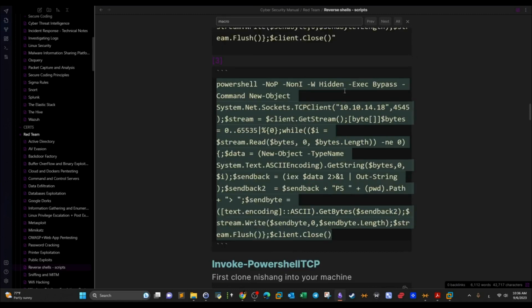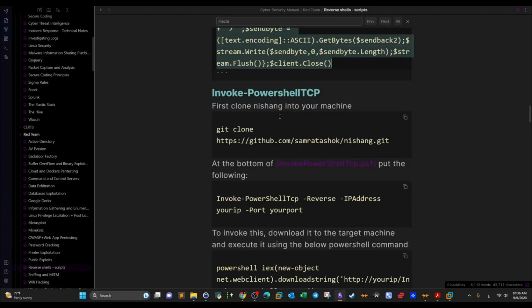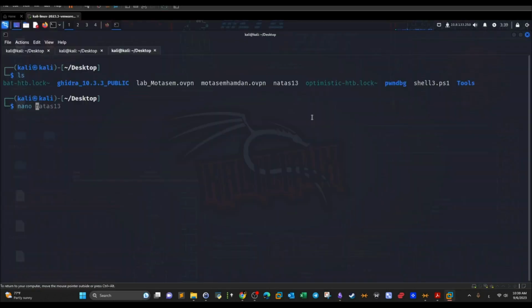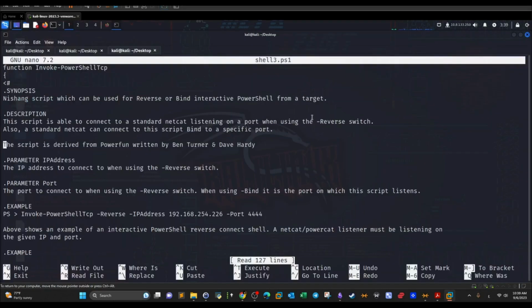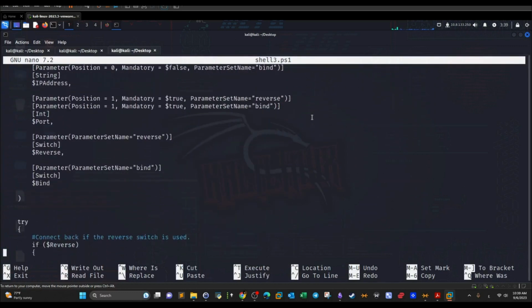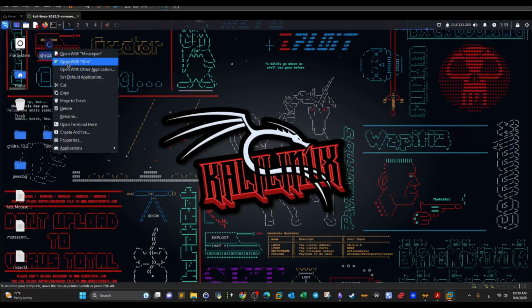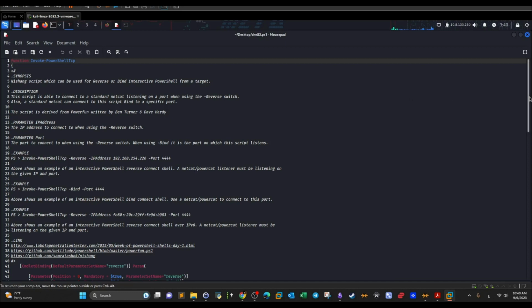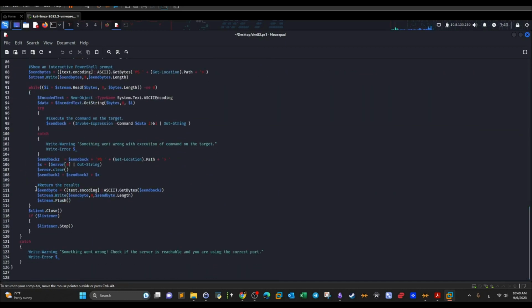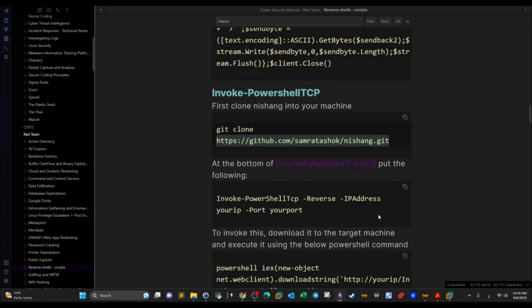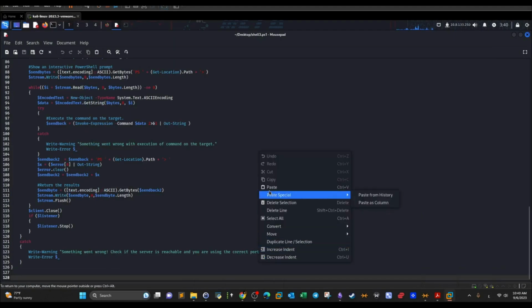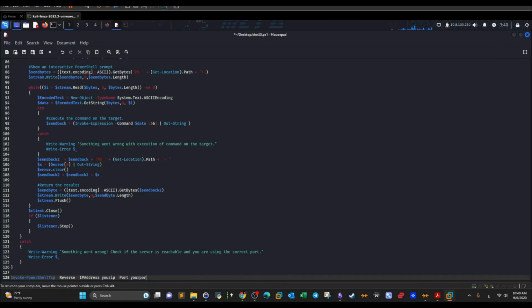Alright, another method to create PowerShell payloads is through Nishang. Nano shell 3. Let's see what kind of things we have to edit. So we're gonna have to edit, guess what, the IP and the port. So let's take a look with a text editor, and here at the end we're gonna have to add a line. This line, as you can see at the bottom, we're gonna add this. It's gonna invoke the reverse shell, so we're gonna paste, and here the port will be 4545, and here the IP,